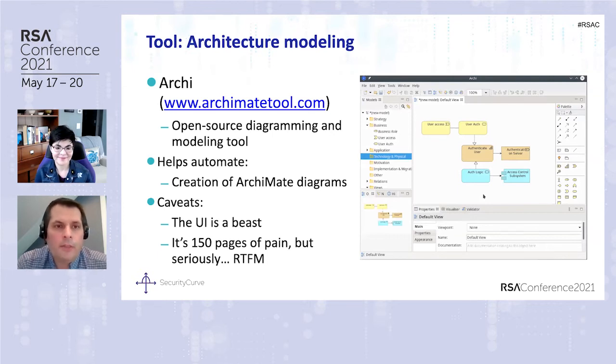The first one being the Archie tool. The Archie tool is specifically created for Archimate diagrams. It's a really good tool, a really powerful tool. The problem is the UI, like what people would say nowadays. So the advice that I would give people, if you're going to use Archie, read the manual. Like seriously, RTFM, because I personally at least found it very difficult to navigate the UI before reading the manual. So just understand that if you're doing Archimate, the Archie tool is designed to do that diagram and modeling for you.